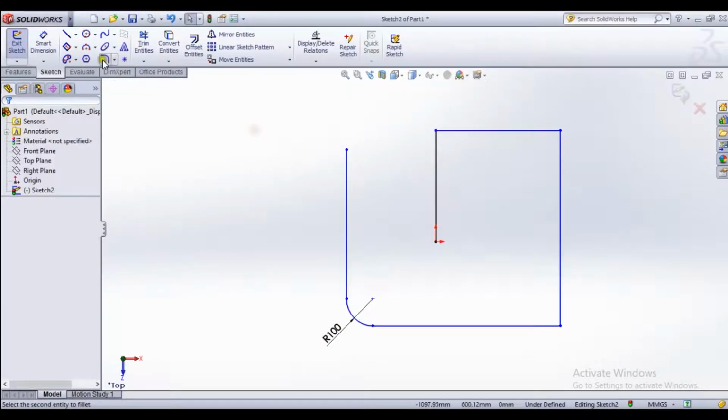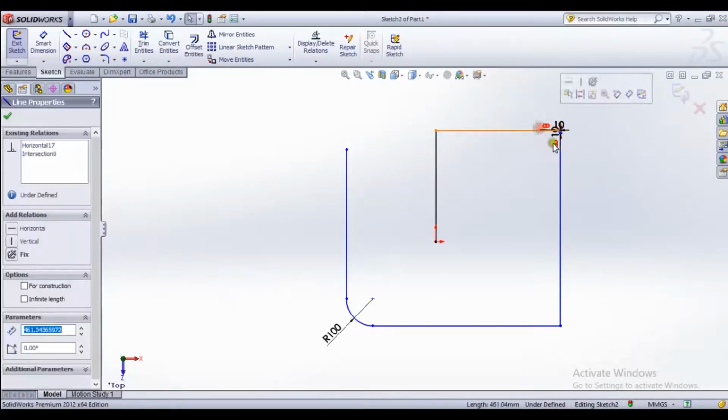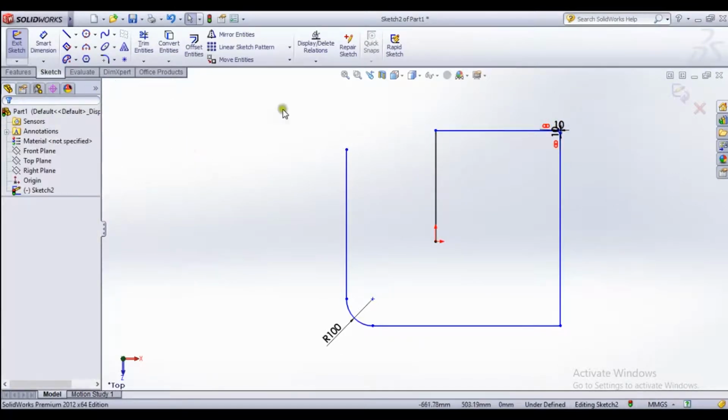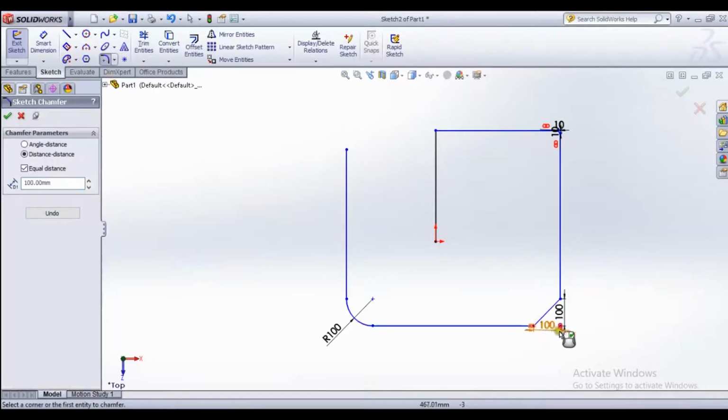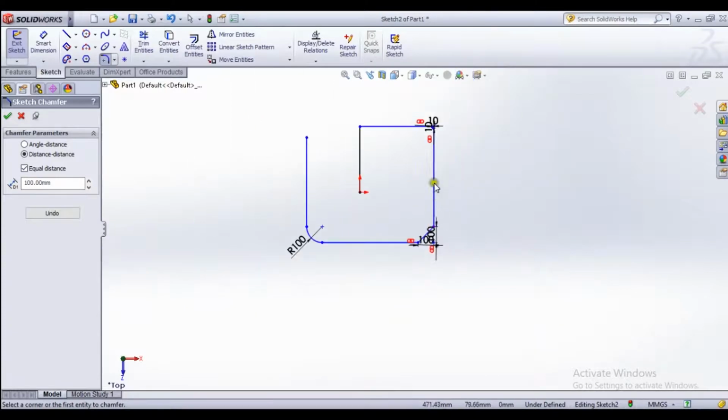Okay, and we are going to draw the spline. Sorry, it's the chamfer. It's also selected, and we can change the chamfer length. Okay, select these tools, this one, and it's going to 100. Okay, you see that it's smoothing.